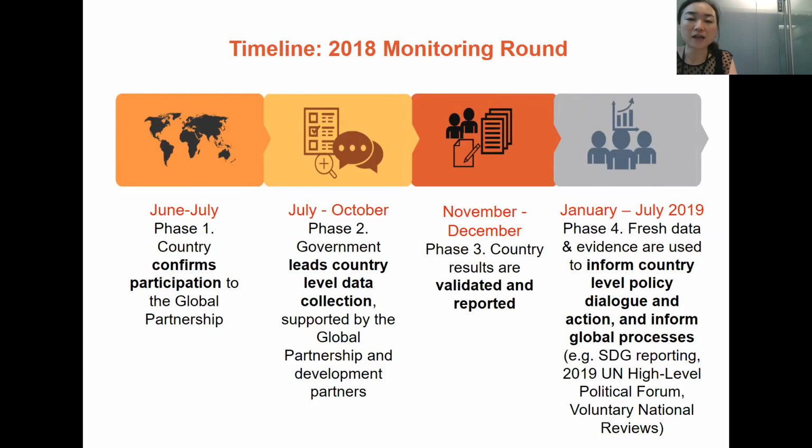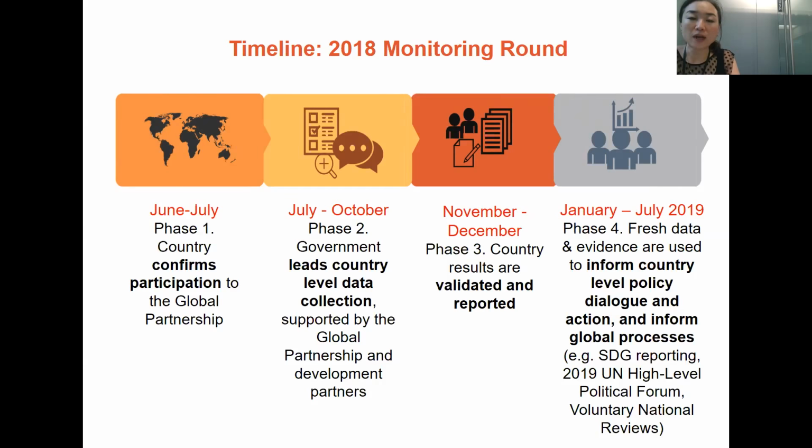The timeline is worked out in a way that the data are processed, aggregated and analyzed to produce result products that can be used by countries in the voluntary national review, if countries are undertaking a voluntary national review for 2019, but also to continue informing the country-led process for SDG reporting, as well as other country processes.